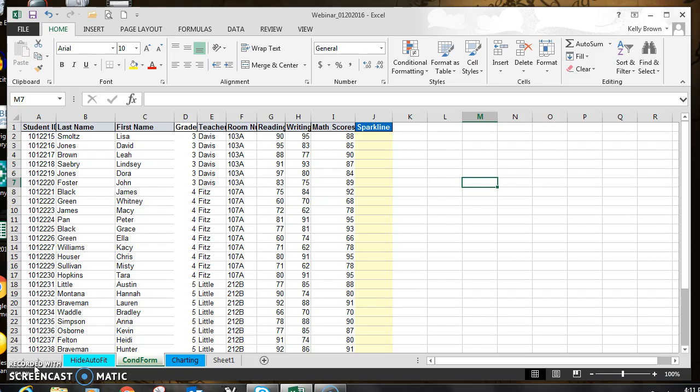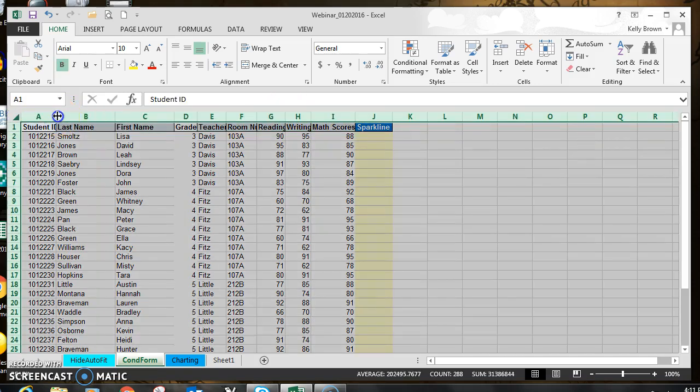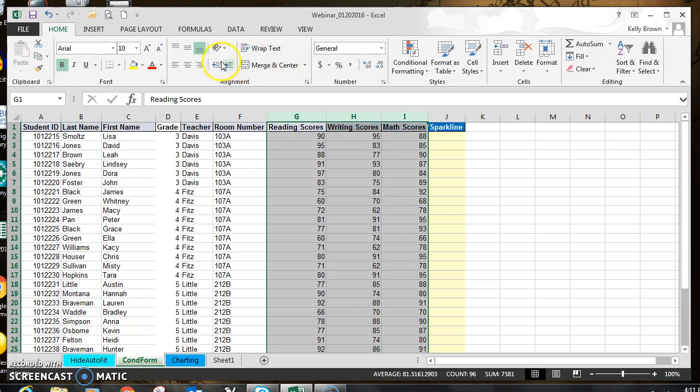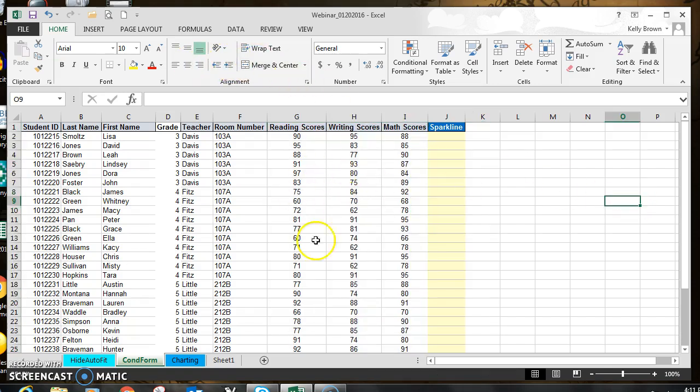What conditional formatting does is it can set formatting based on conditions that you set. And if we look at the worksheet that we have in front of us, I'm going to auto-fit it so it's nice and clean for us. I see reading scores, writing scores, and math scores. And I want to have a certain formatting for high scores and another formatting for low scores so I can